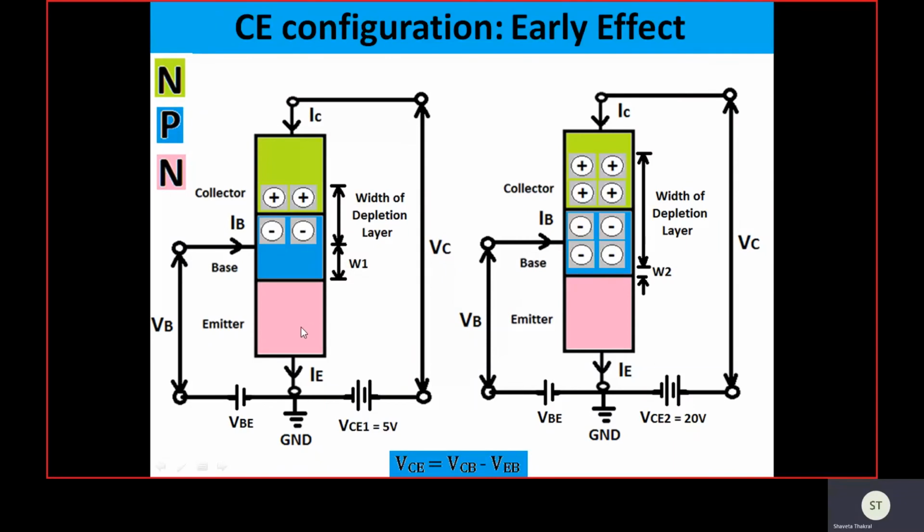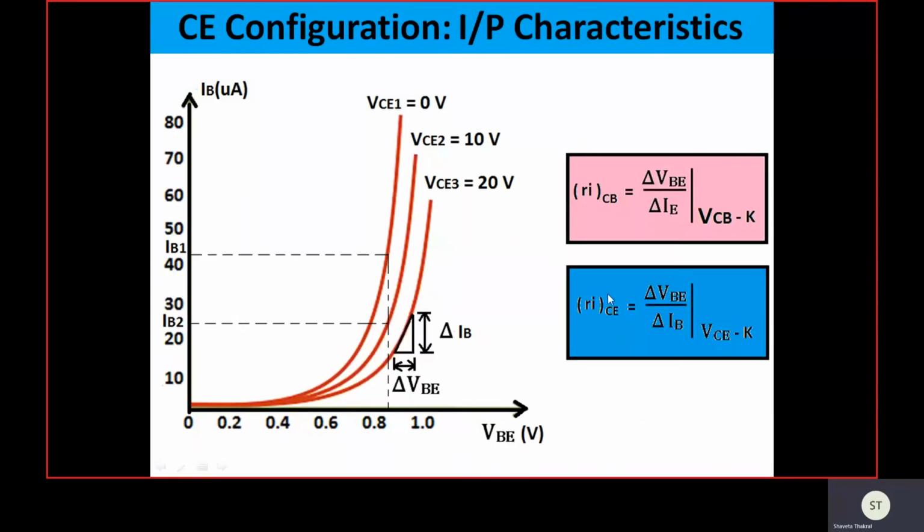When the emitter is emitting charge carriers, some of the charge carriers will recombine in the base. If the effective base width is more, more recombination will take place in the base. But in the second case, as the effective base width is becoming less, there will obviously be less recombination occurring in the base. That means the base current level is going down.